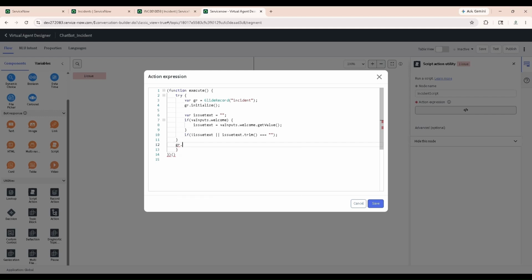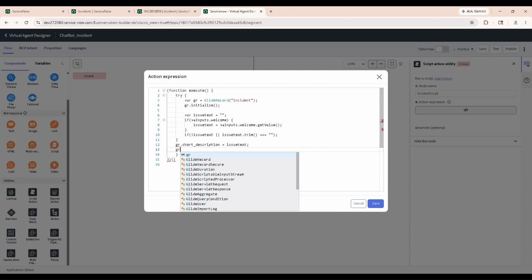And now let's set gr dot short underscore description equal to issue text. Now I store this issue text variable with this short description item, and gr dot description equal to